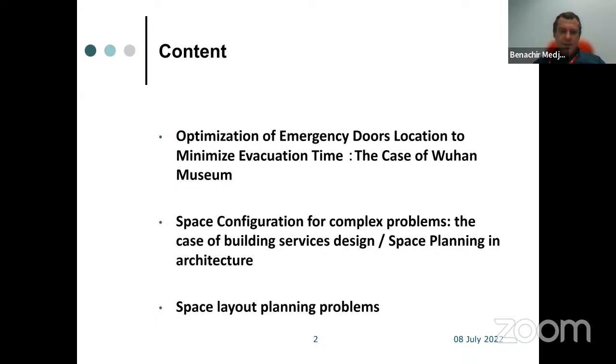And in this case, it's fine core systems in buildings. And the last project, which is a very well-known problem in digital architecture, is space layout planning, the automation of space layout planning. I will talk about it. This is quite an old project, but I thought it would be interesting to present, because I did the last one, the third one, 20 years ago. But it's quite interesting to see how today we can use this for possible applications, which I would like to share with you.